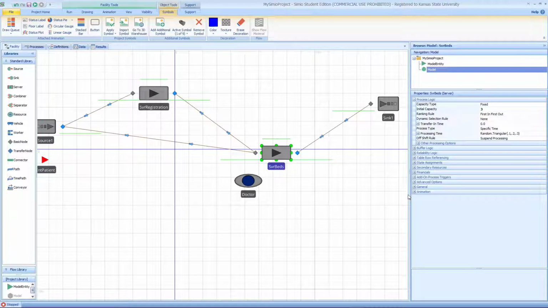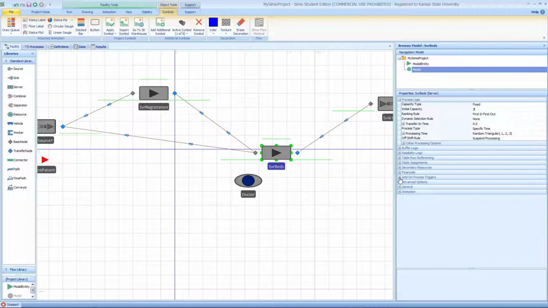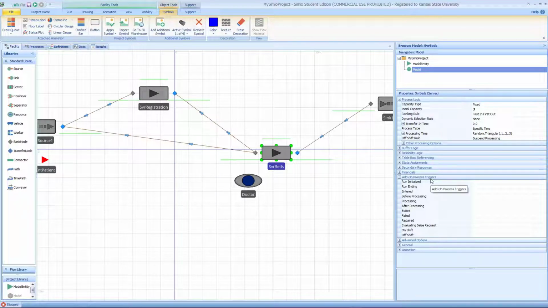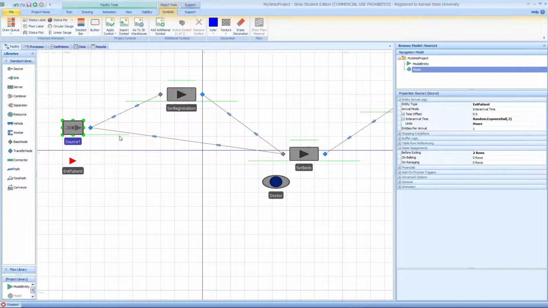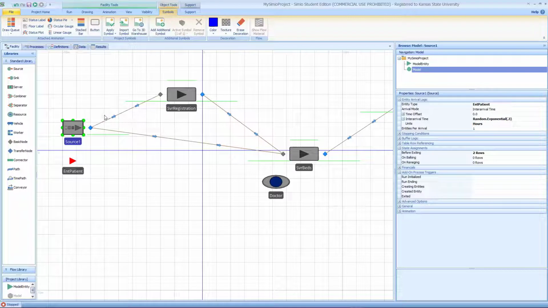So inside the server, I'm going to do an add-on process trigger. Why don't we do a different one? Upon arrival, we do an add-on process trigger. So when the patient has just been generated, after we create, expand this add-on process trigger, once the entity is created,